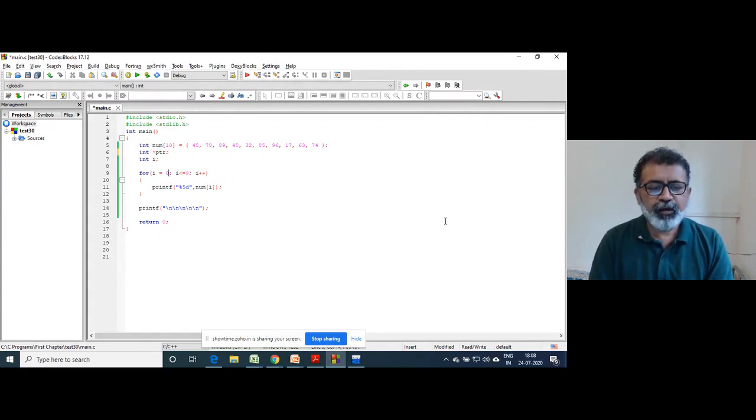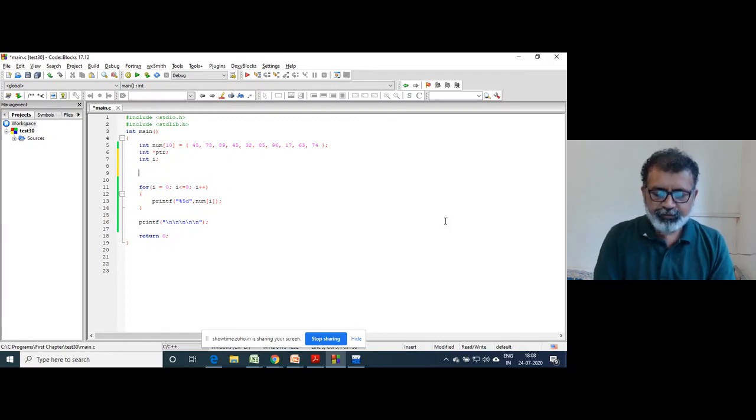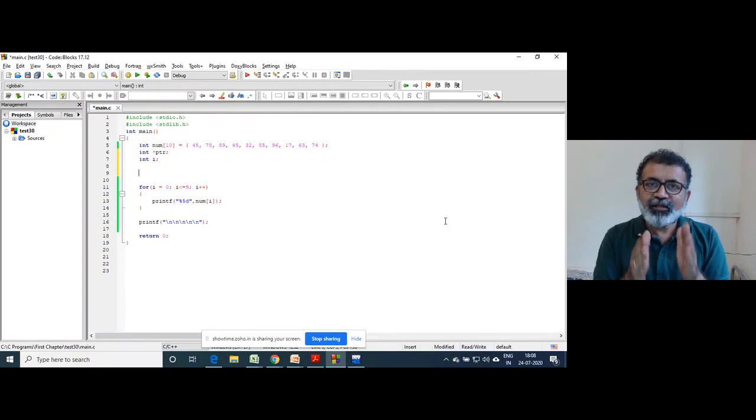Now I can access this whole array using a pointer variable. How to do that? First of all, I will point that pointer to the first element of the array. I will write ptr is equal to, how to write this?